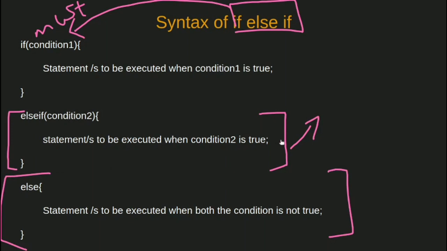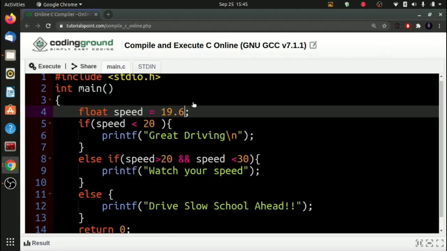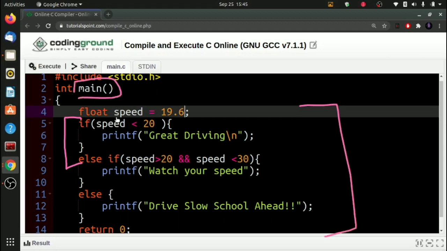Now that we understand the syntax of if-else if statement, let us see them in the program. Now this is a very simple program that shows the working of our if-else if statement. If you look at the code within the main block, you'll see that I've defined a variable by the name of speed and I've assigned it with a value of 19.6,